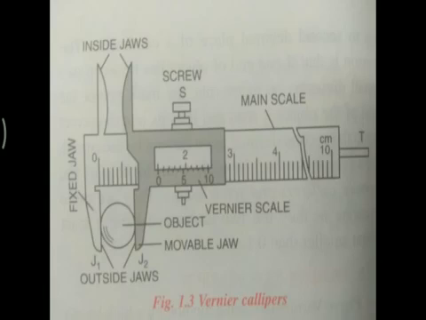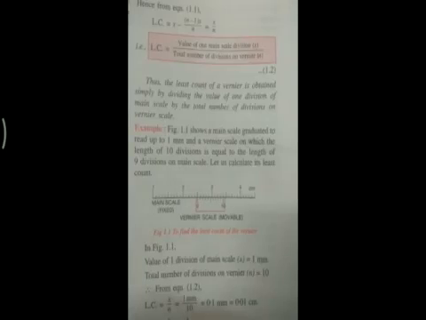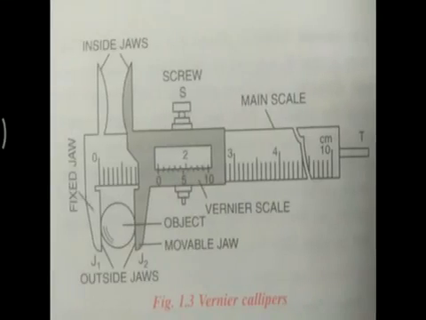Next is the least count of the vernier caliper, that we have already calculated. What is the least count of the vernier caliper? It is the value of one scale division divided by the total number of divisions on the main scale, right? So further we will go with the zero errors on the vernier caliper. So next is our zero error in the vernier caliper.